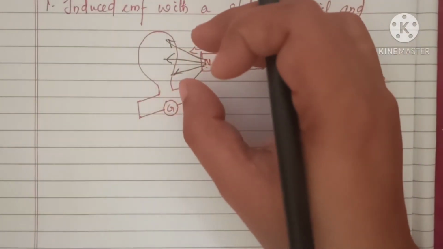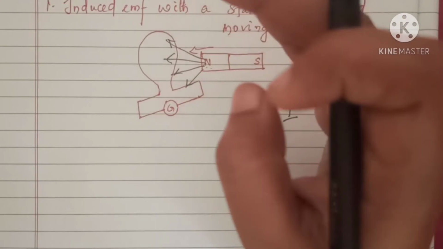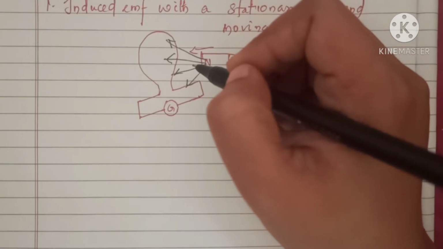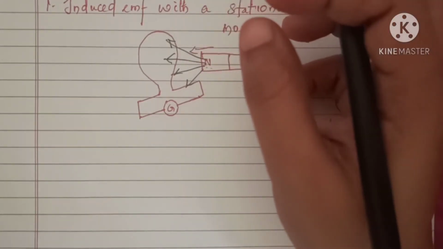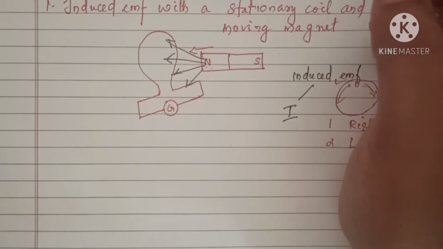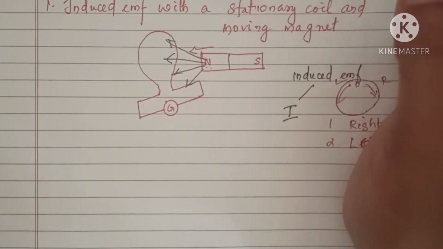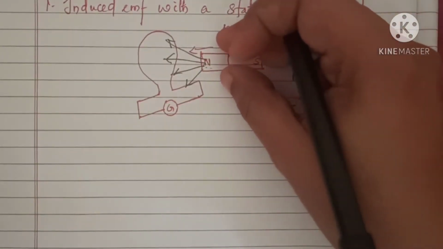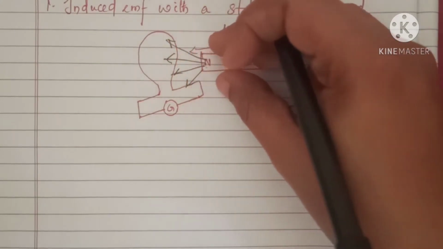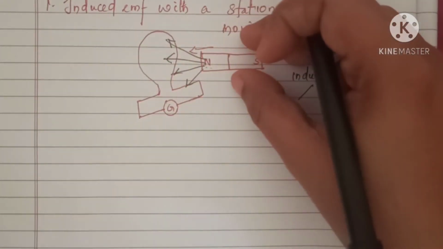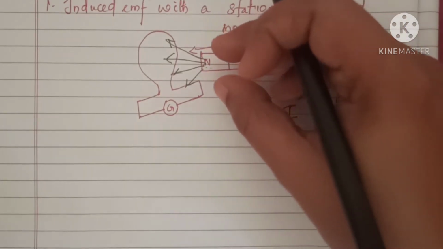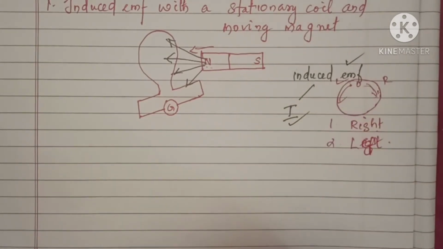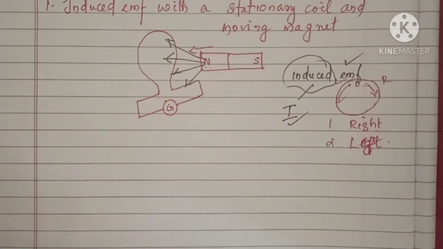As soon as the relative motion between the magnet and the coil stops, the magnetic flux linked with the coil stops changing, and so the induced current through the coil becomes 0. Clear? So the explanations are clear for you. Why does it show a deflection here? Because when you are moving the magnet towards the coil or away from the coil, there is always a change in the magnetic flux. This change results in the production of an induced EMF, thereby an induced current. The word is important: induced.